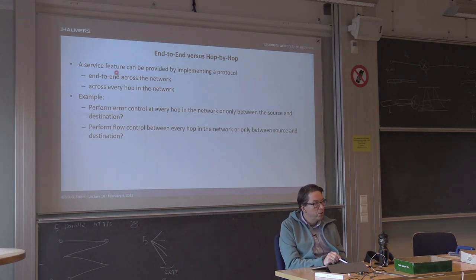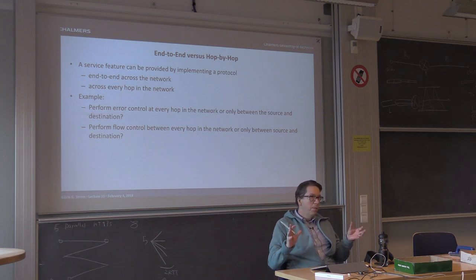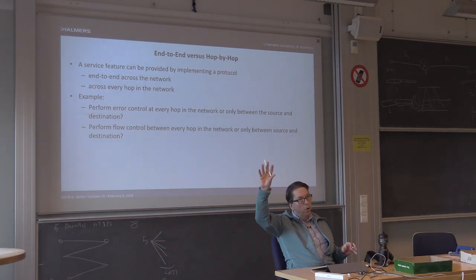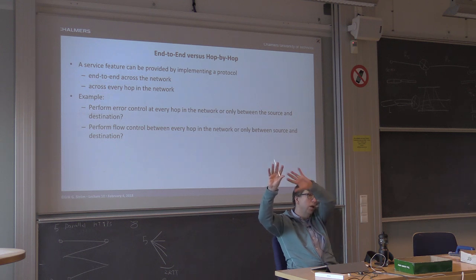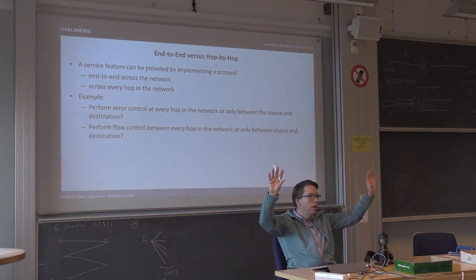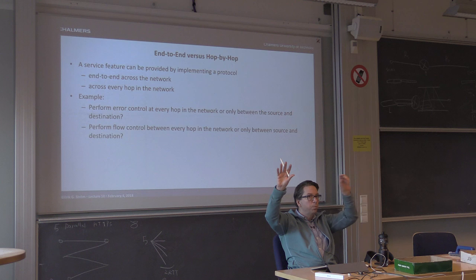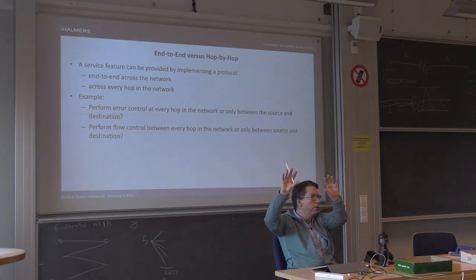So a service feature can be provided by implementing a protocol which is an end-to-end protocol. Remember that an end-to-end protocol means that we have some end device, a host, an edge device connected to the network, then we have the whole network in between, and then we have another device like this. So these are the two end devices, okay? And some protocols work between end devices, and some protocols work just between the next hop, hop-to-hop